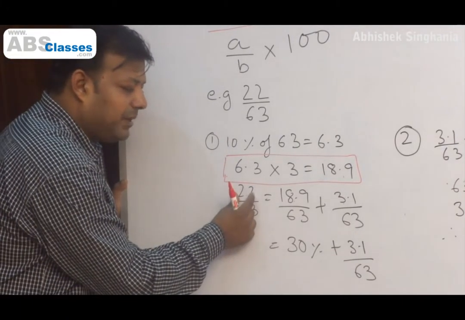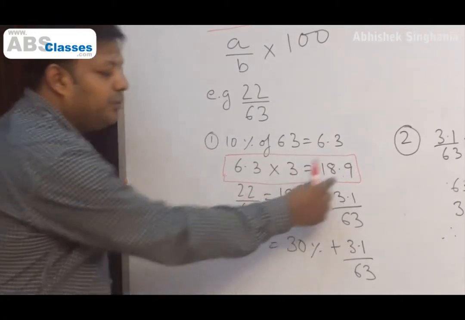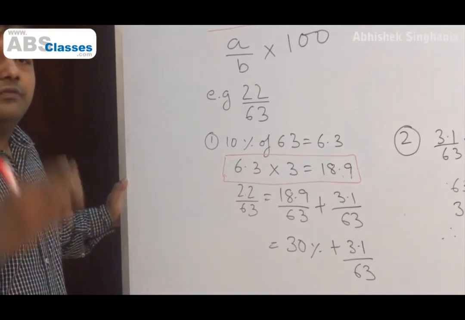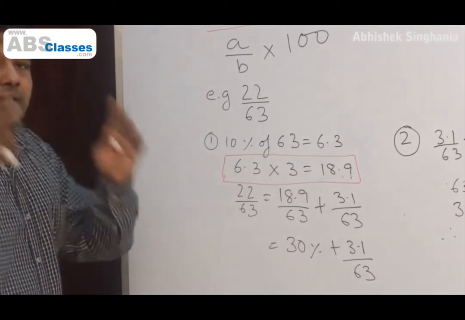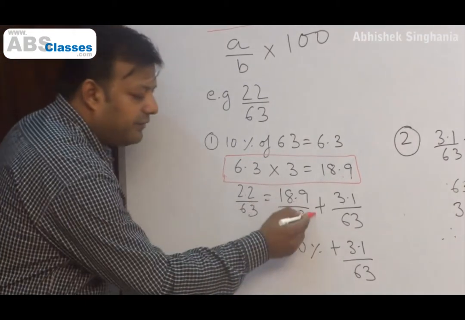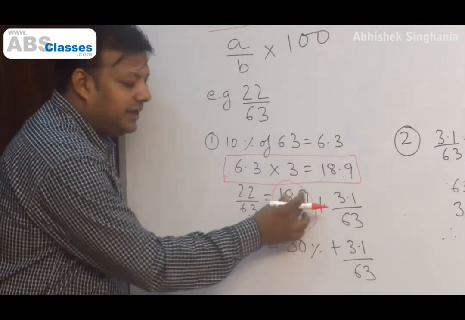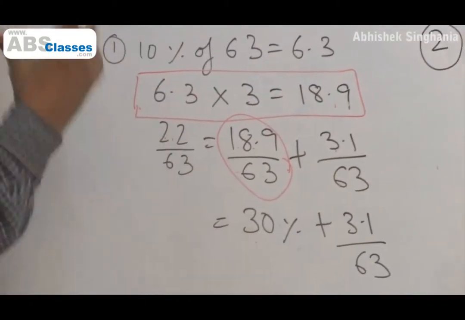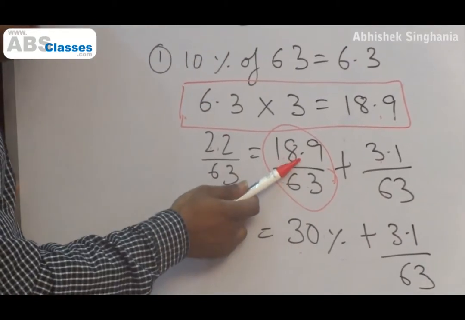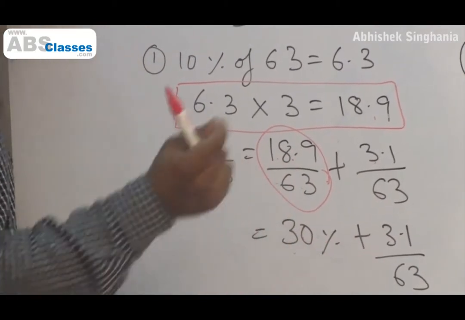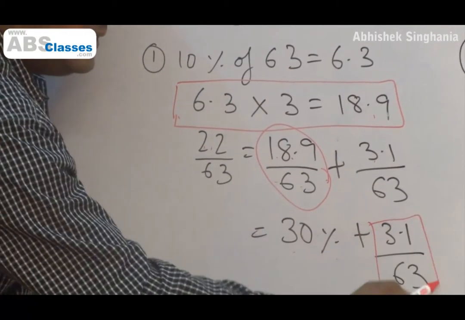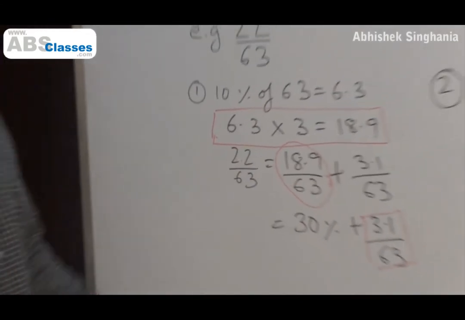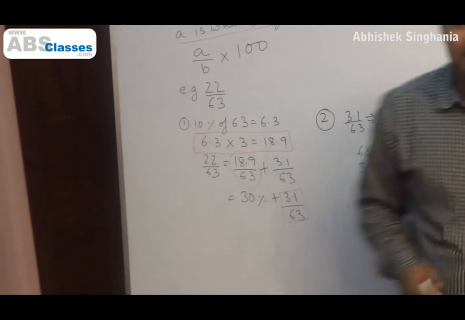So we have broken this number 22, the required percentage number, into 18.9 and 3.1, which basically means a huge chunk of what we were supposed to find, 22 by 63, the big portion of that we have already found, because we have already found that 18.9 by 63 is 30%. You see, out of 22, 18.9 is a huge portion, right? So we have already established that my answer will be 30% plus a little bit more, and this is what we need to find next. Right? I hope you all understand this, and this should not take much time. Now let's come to the stage where we find 3.1 by 63. How do we find 3.1 by 63?